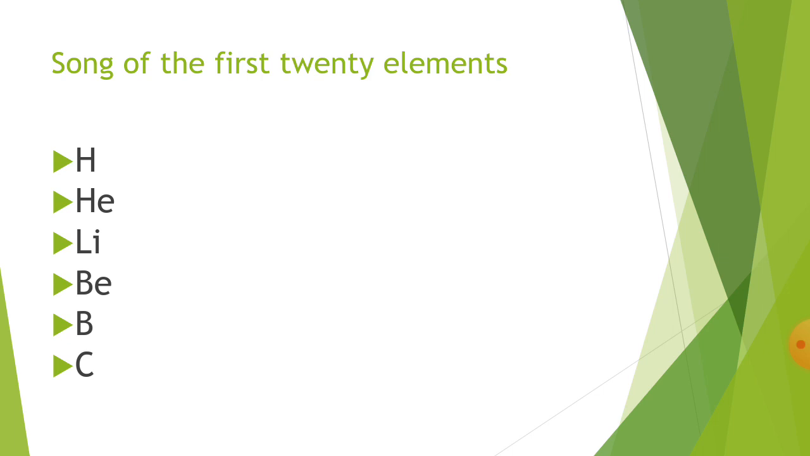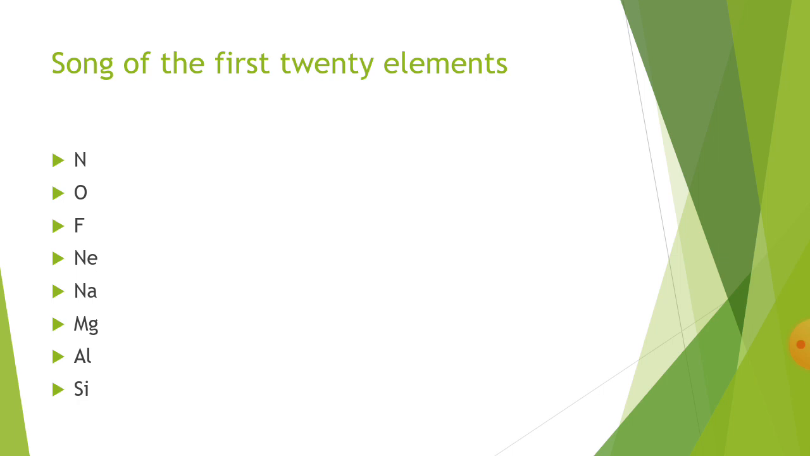I'll be teaching you a very short song to help you remember these first 20 elements. Here, the elements are represented by their symbols, in the same order I listed them just now. Hydrogen being the first, represented by H, helium He, lithium Li, beryllium Be, boron B, carbon C, nitrogen N, oxygen O, capital letter O, I hope you're taking note, fluorine F, neon Ne, sodium Na, magnesium Mg,